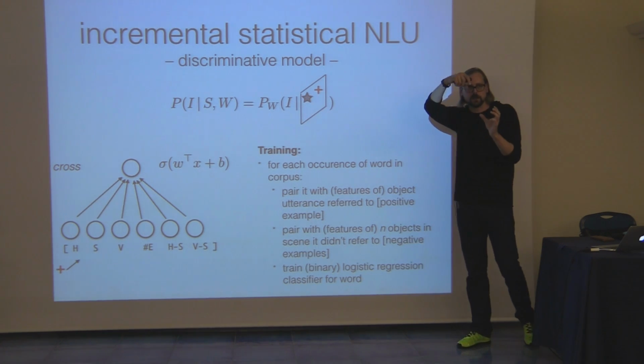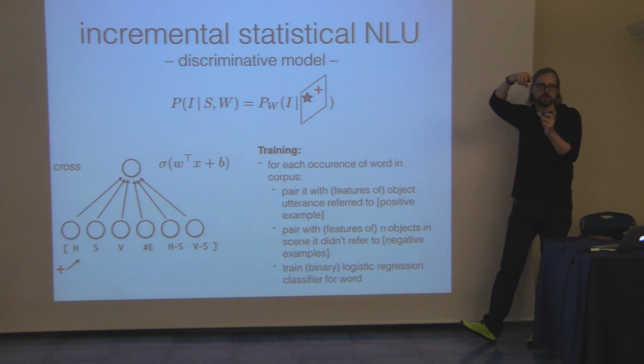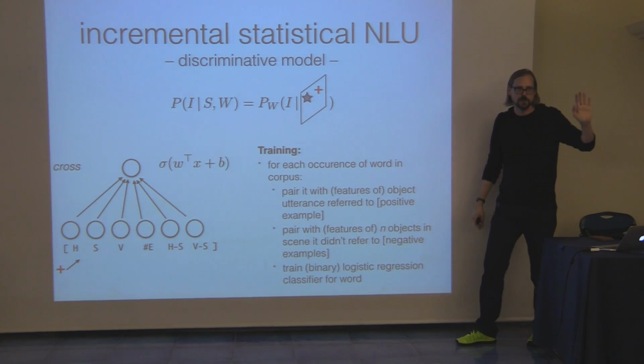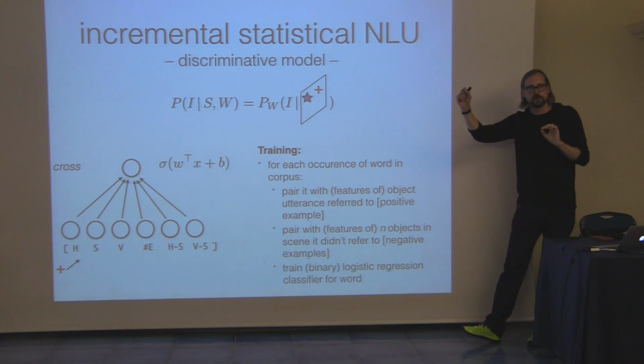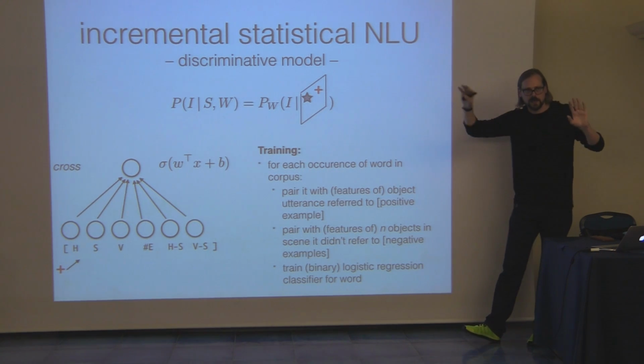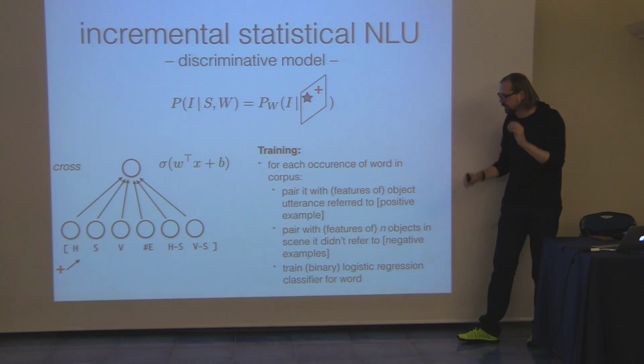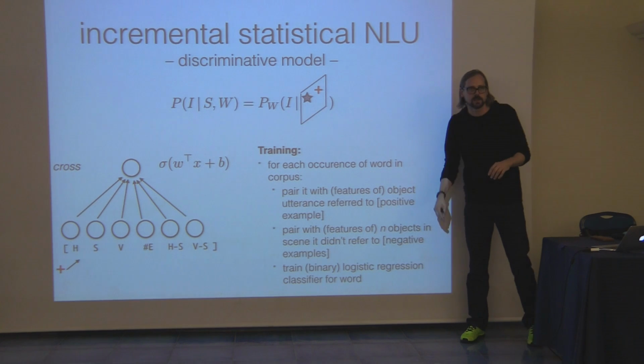It's a negative example when you feed it the visual information of an object that was not referred to. So from each scene we have one positive example because there was one object that was referred to, and we take the other objects that were not referred to with this utterance. We take some of those, not all of those, I think 5 of those